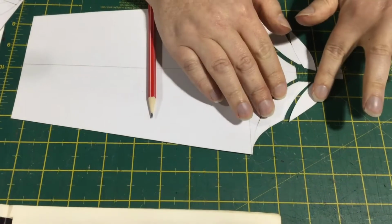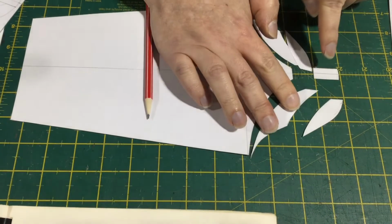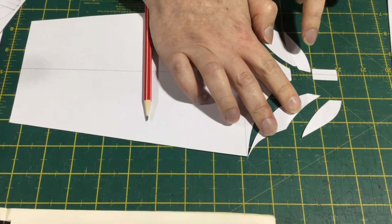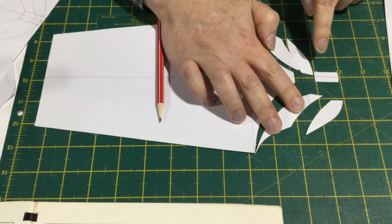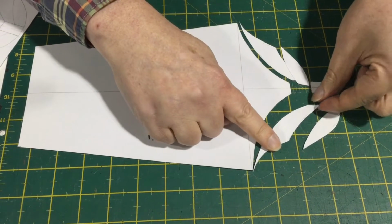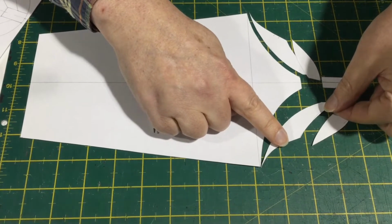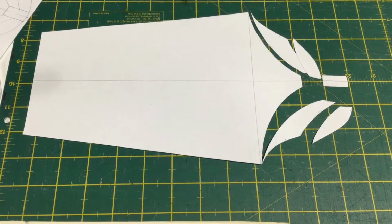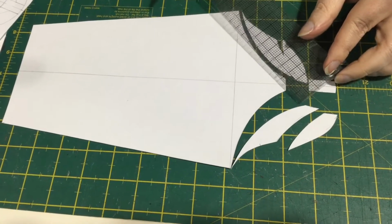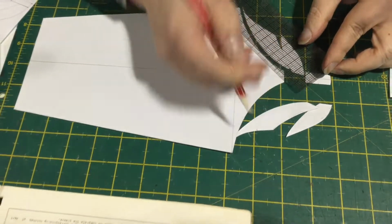And then we open these up. So between this point here and this point here is another 4 centimeters. So that's full scale? Full scale, yes. 2 on half scale, 4 on full scale. And this might be a bit weird, knowing where to measure. But the thing that you do is measure from this point here, from that corner, and if you just measure up and then put a line across,